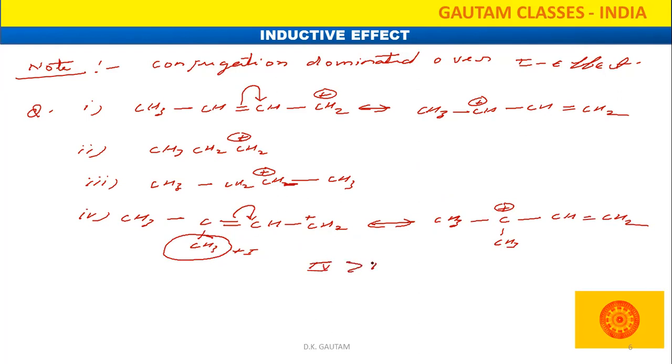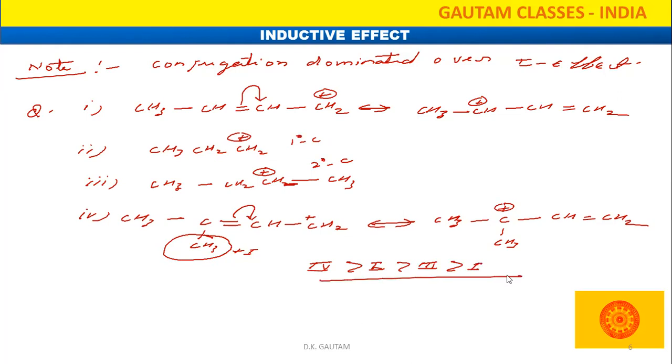Then after that, the first one. Now we are going to compare between this one. That is the 2-degree carbocation and this one is the 1-degree carbocation. You know that a 2-degree carbocation is more stable as compared to a 1-degree carbocation. So what about here? Third one, then after that, first. That is the stability order.